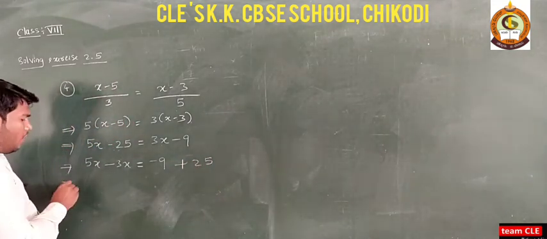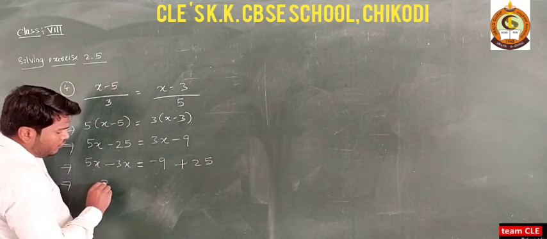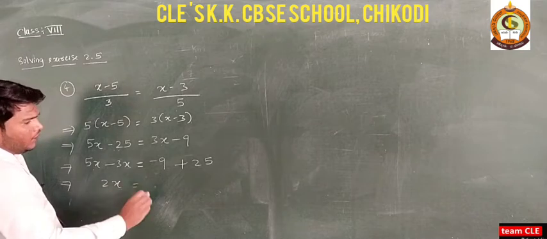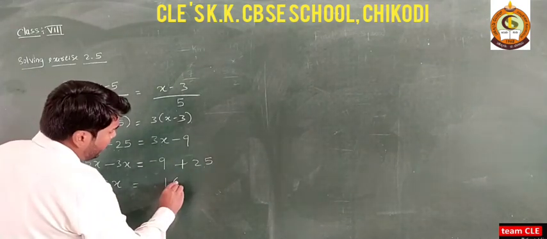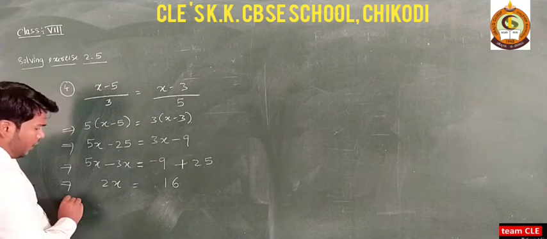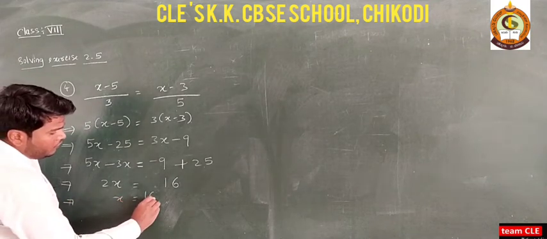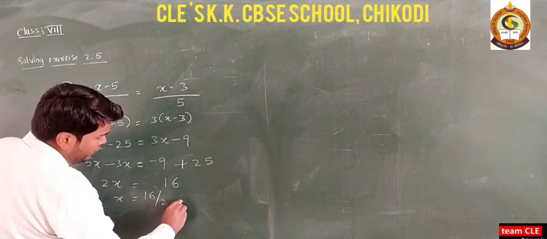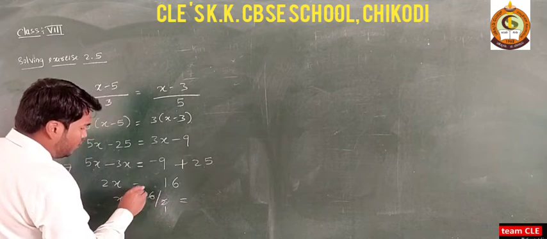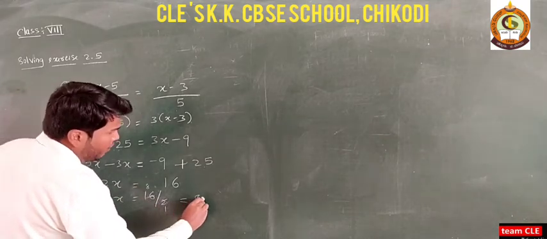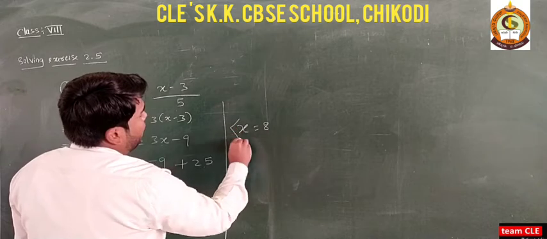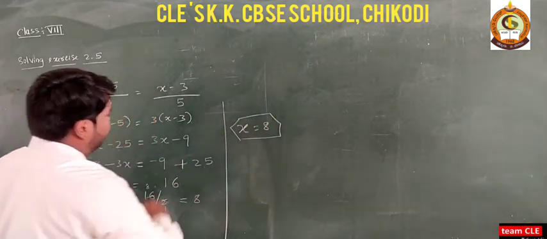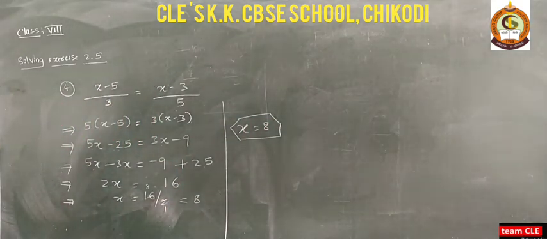Okay, so you have 5x minus 3x is equal to 2x, and similarly 25 minus 9, if you do 25 minus 9, getting this as 16. So you are getting x is equal to 16 divided by 2. If you do 16 divided by 2, this is 2 ones are, 2 8s are 16. So x is equal to 8. So therefore you can write x is equal to 8. Okay dear students, please note down this problem. So this is x is equal to 8.